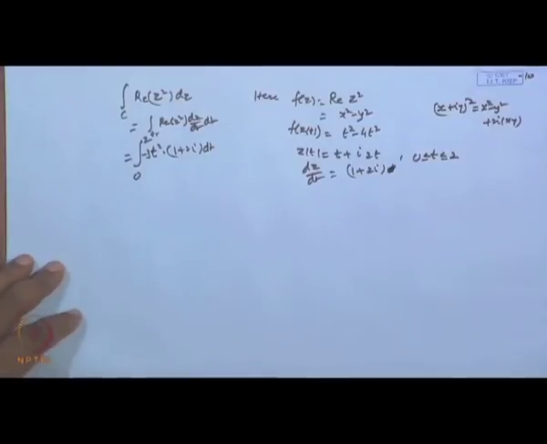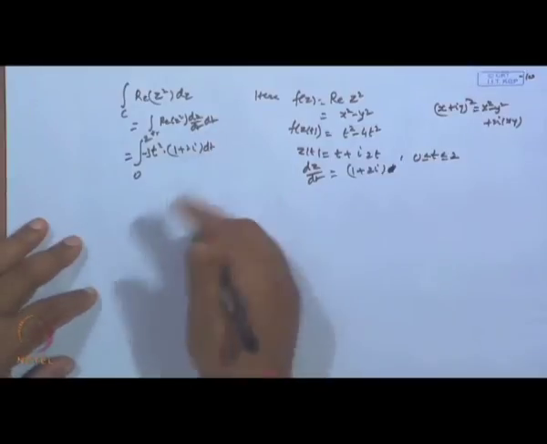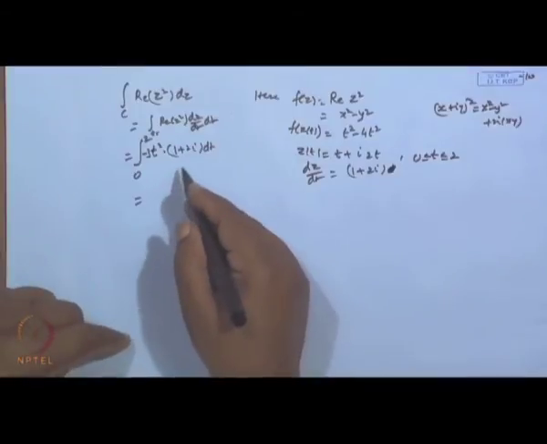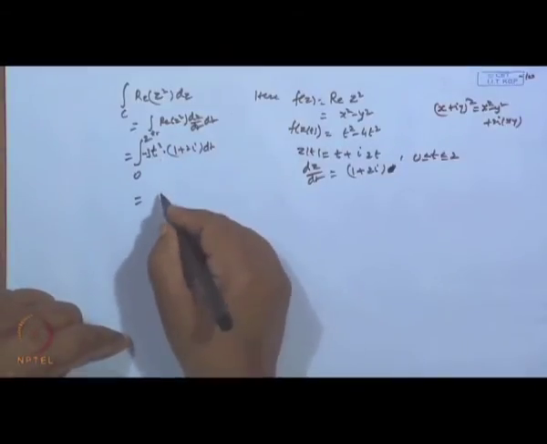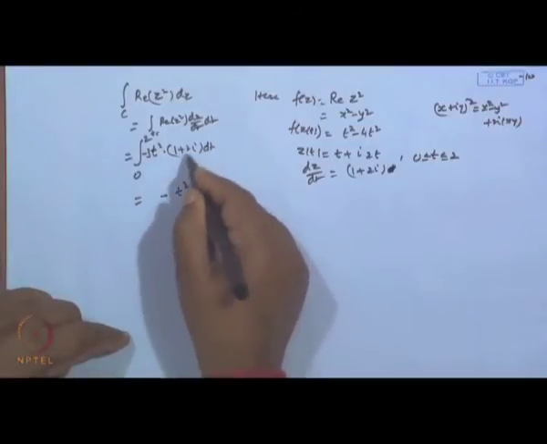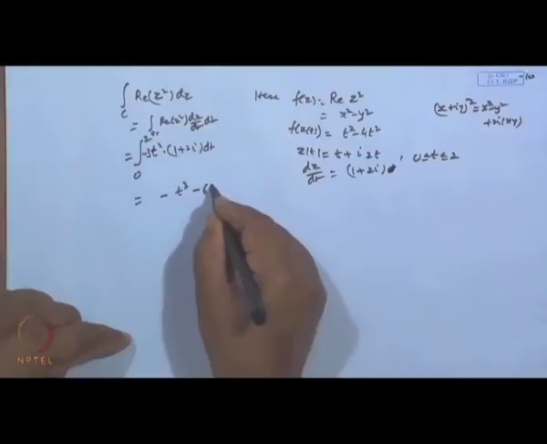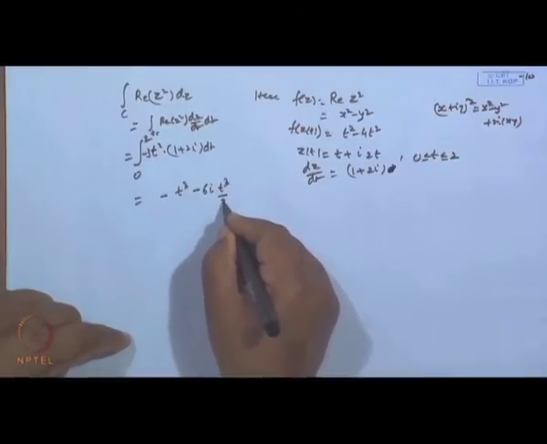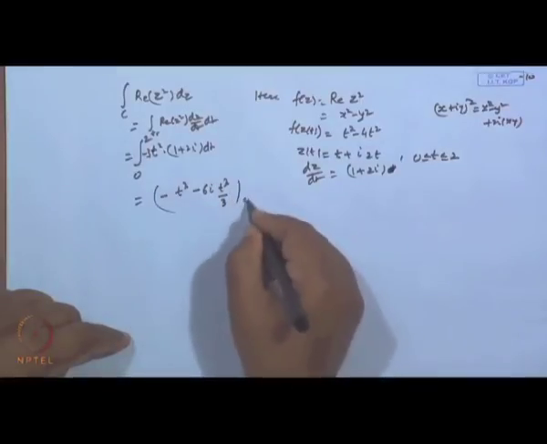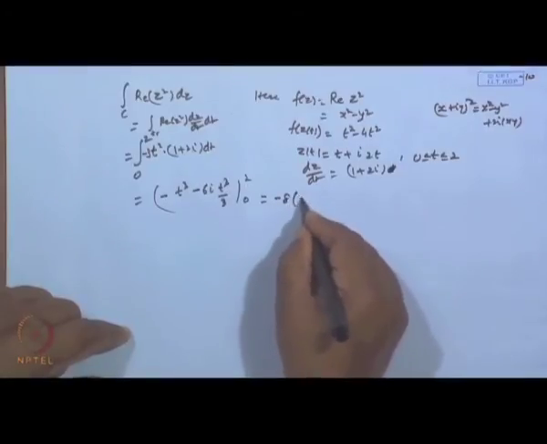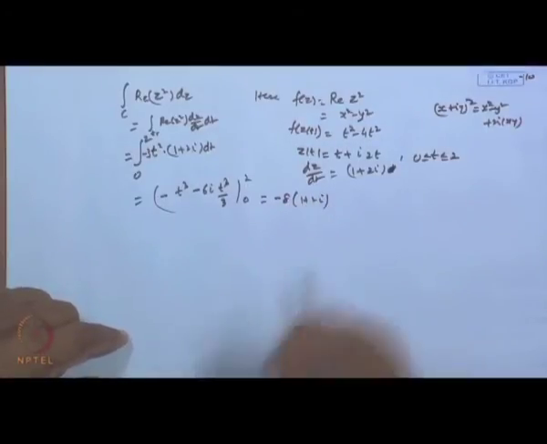Okay. So, if we compute these values, what will the value come out to be? We get minus 3 times (1 plus 2i) times t squared. When you integrate it, t cubed by 3 gives minus t cubed times (1 plus 2i), and then take the limit 0 to 2. So, finally, you get minus 8 times (1 plus 2i).